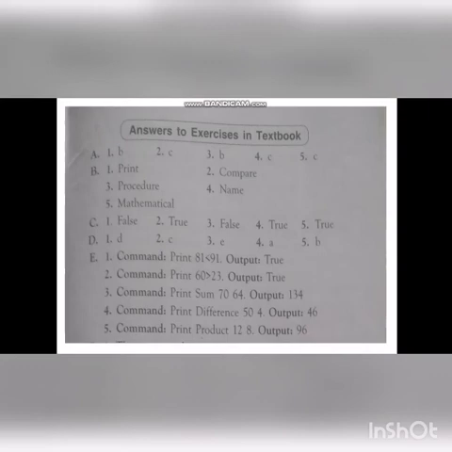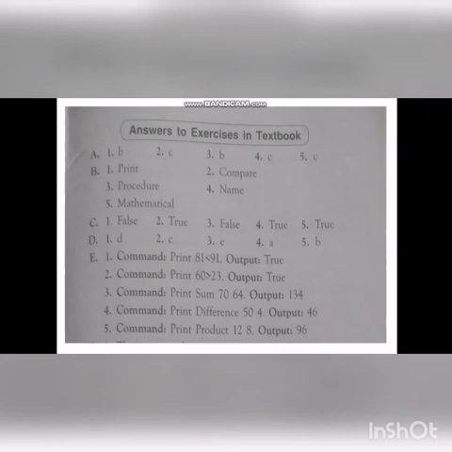Next we pass on to true or false. The equal to, less than and greater than operators are called logical operators. For that answer, false. Second one, the end command is used to close a procedure. Answer, true. Third one, in MSW logo, the TO mode window appears when you type the FD command.